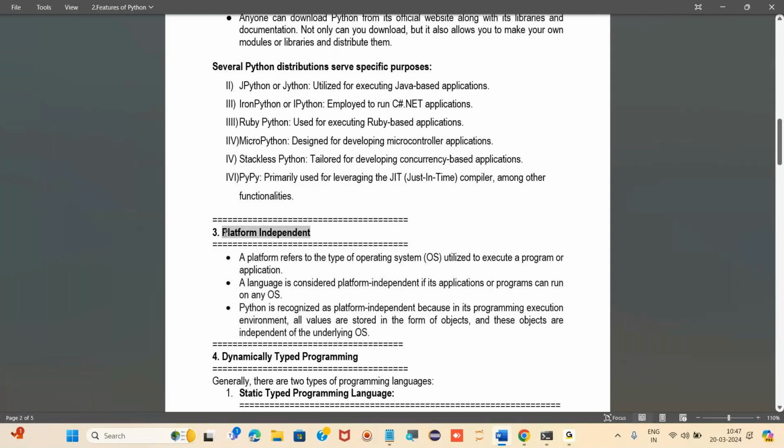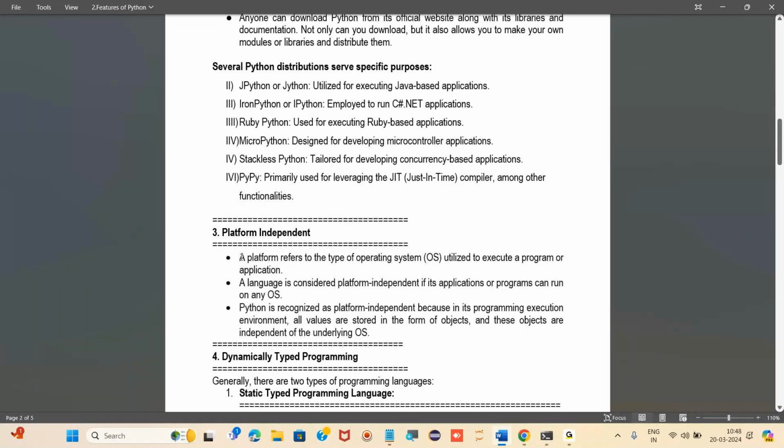Means there is no specific operating system where only Python programming can run, or no specific operating system where we cannot run a Python program, right? Any operating system we can use for Python programs.